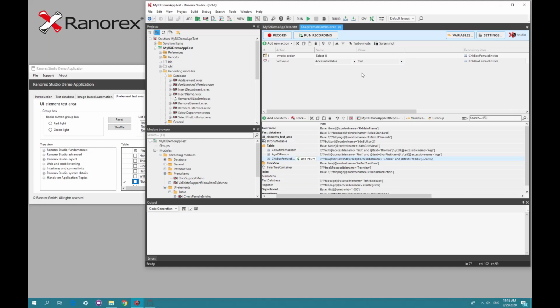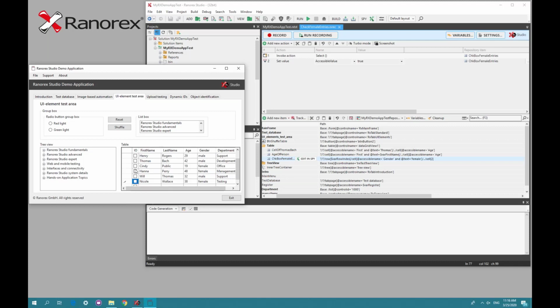I need to show you some things which we also need to do now. What it does now is it goes through the complete list, the table here, and it only is looking for female entries, and then it's checking the female entries here. Unfortunately, all the other male rows, the rows with the male entries, are specified as failures because Ranorex, the RanoreXPath,